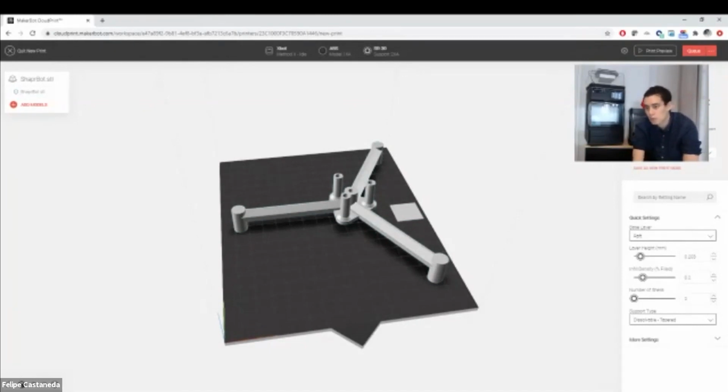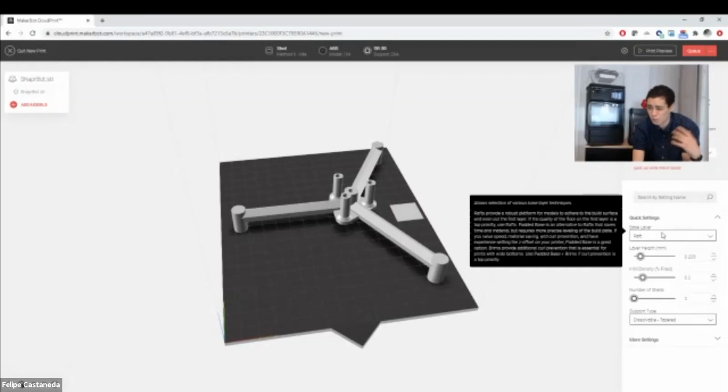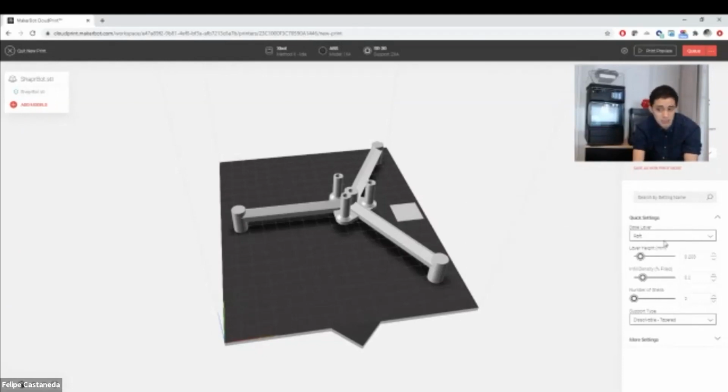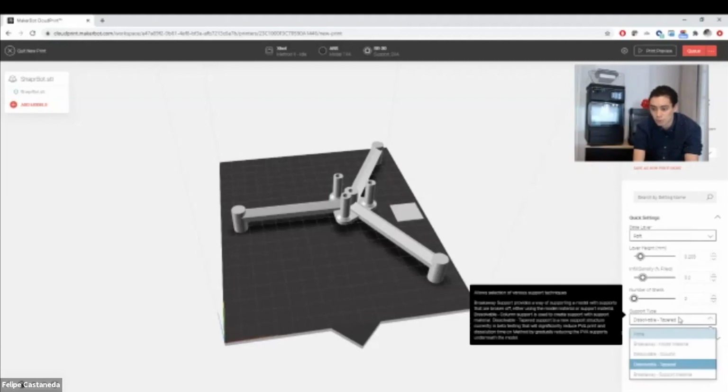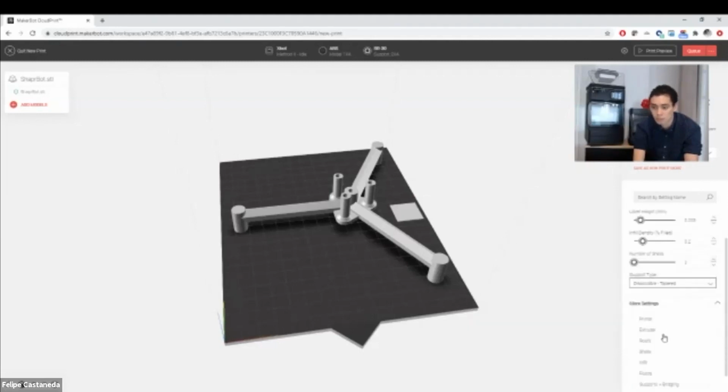I can go ahead and quickly select one or the other, balanced or solid mode for print settings. If I wanted to further customize the settings, there's over 2,000 settings that I can change here, from the base layer, the infill density, the type of support that I'm going to be using, and even more.